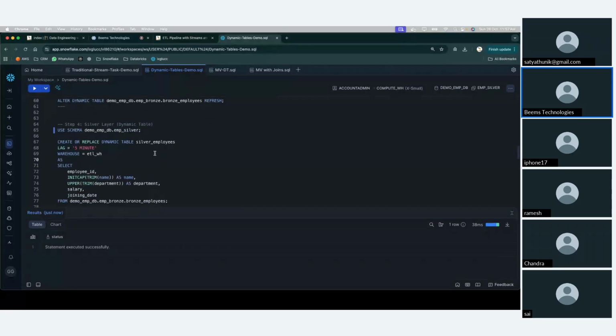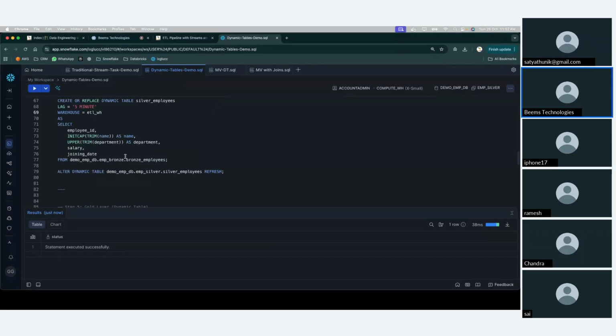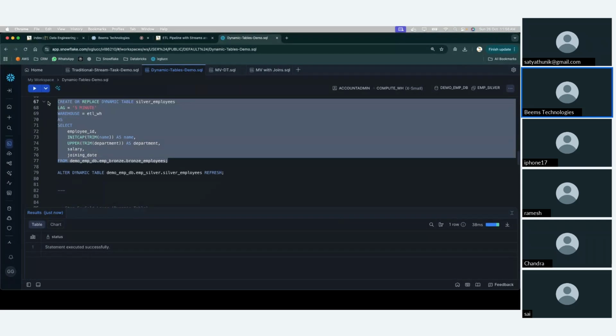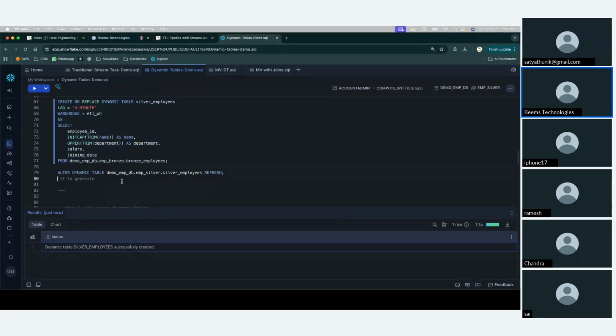Here again I'm creating another dynamic table. In this dynamic table, I'm doing some beautifying activities, like cleansing activities. I'm going to use the initcap and lower statements, some kind of cleansing activity. I'm doing it here. So in this silver employees, this is the third layer. In this third layer, this dynamic table got created. In this dynamic table, what is present here is